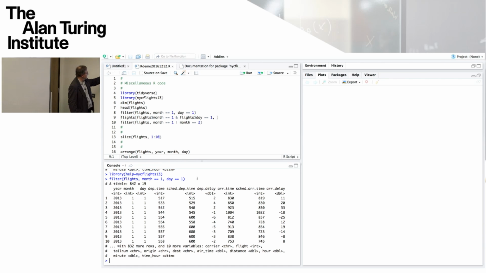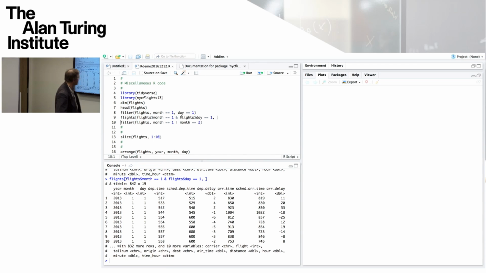So that says we can say that month equals 1 and day equals 1 to select flights only on the 1st of January. In usual R, when we build a Boolean expression to extract things, we probably have to put the ands in ourselves. Obviously you can do that, as in the second example shown here. So this might be the regular R way of doing things. From the flights data frame, we index all those rows for which that is true, and then every column. So this is the rows for which flights month equals 1, flights day equals 1. Obviously that's very cumbersome to have to write out compared with the dplyr version.